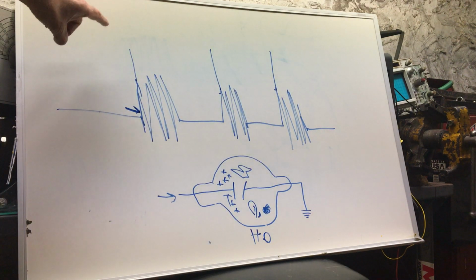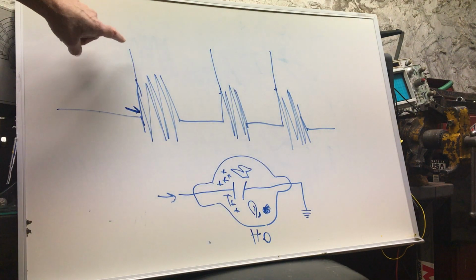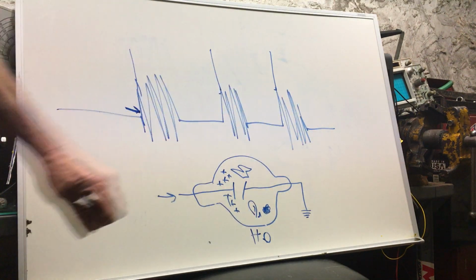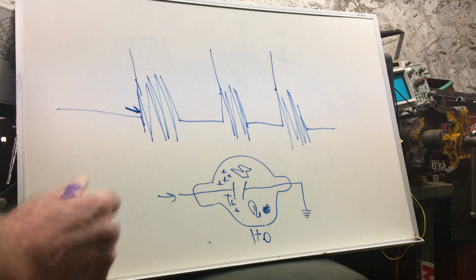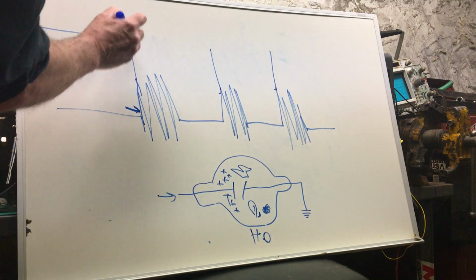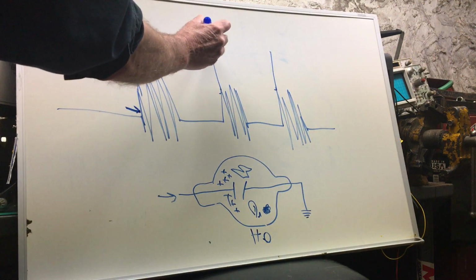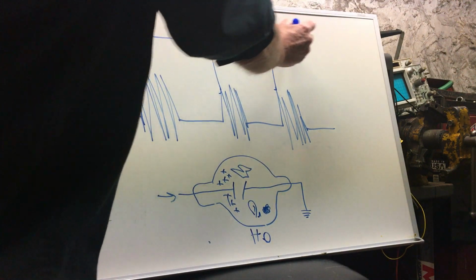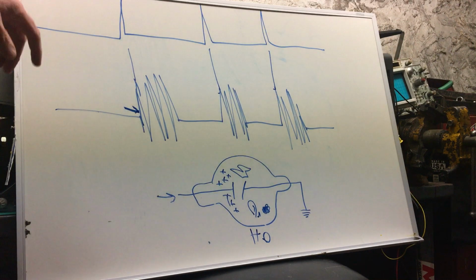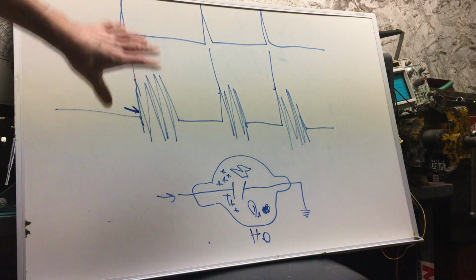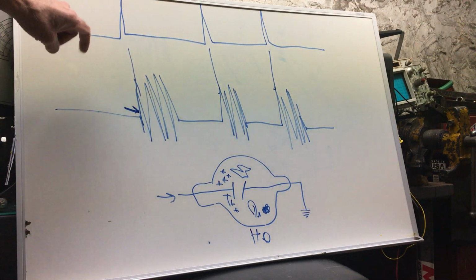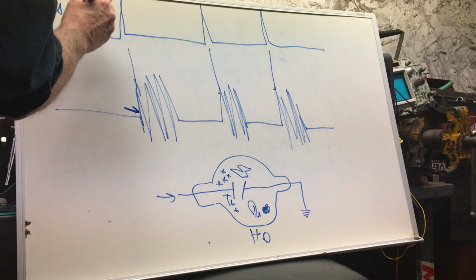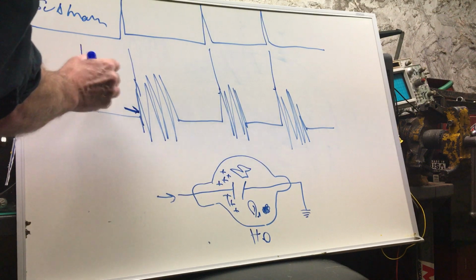Now, if we could look at these signals separately from the complete envelope of the signal, we would see a spike here cause the tube to light, spike here caused the tube to light, and a spike here caused the tube to light. Now, if you compare these two signals, you would find out that the top signal is a sub-harmonic of the lower signal,